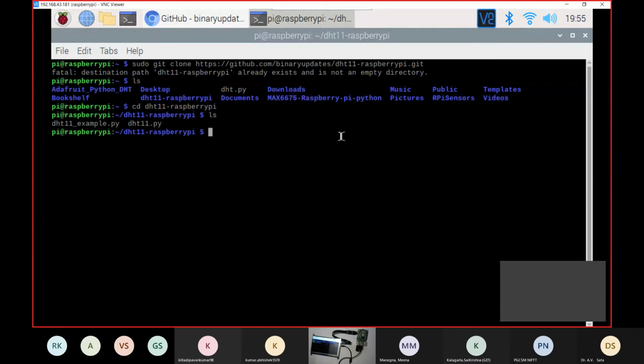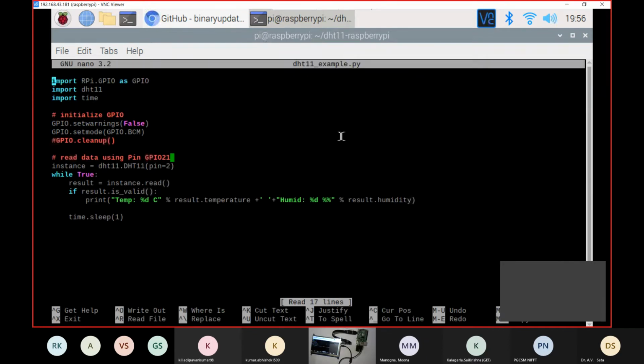To use it, I will just connect with sudo nano DHT11 example dot py. As I entered sudo nano, it opened the nano editor over there, where we can edit the Python code.